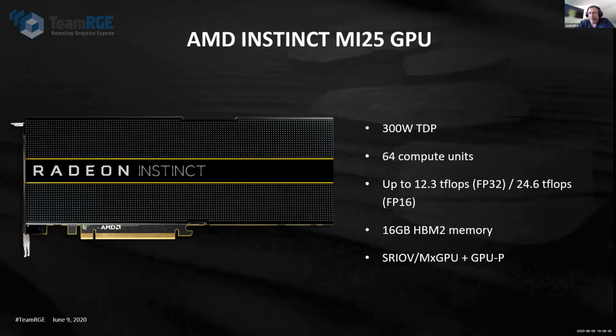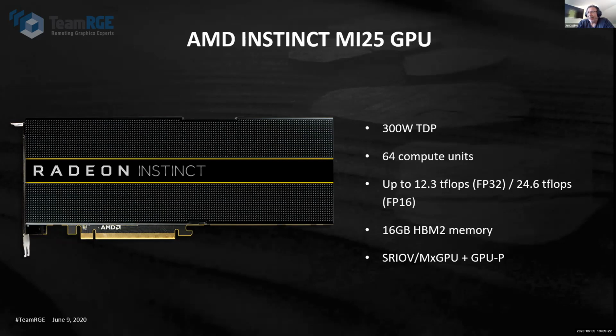The Radeon Instinct MI25, many of you may be familiar with, on our gaming or Radeon side, we had the Vega 64 and Vega 56. The 64 was effectively a very similar GPU to what we have here. It was named Vega 64 because it has 64 compute units. It was a 300 watt TDP board. I mentioned there the teraflops we get for floating point 32 and 16. It has 16 gigabytes of HBM2 memory, and the feature that we have in this GPU and effectively any data center